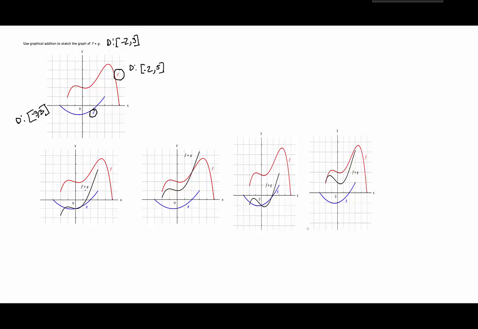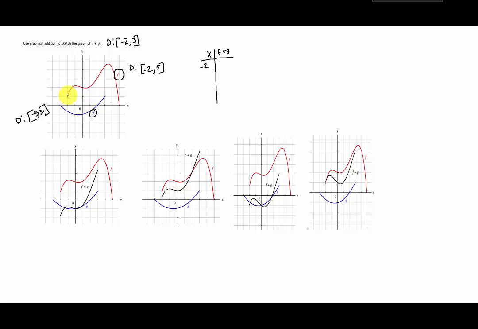Notice that f plus g is expressed in black in each of these choices, and each one of them has a domain that goes from -2 to 3. So we can't eliminate based on domain. If we were to make a little t-chart that paired the x-coordinates with the coordinates of f plus g, we would notice that when x is -2,